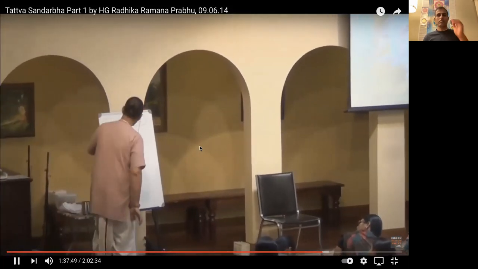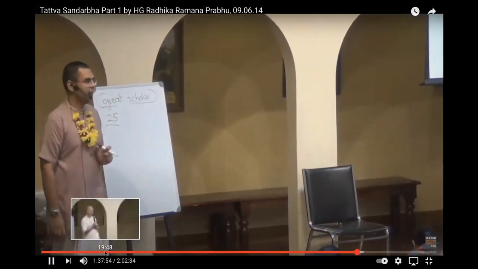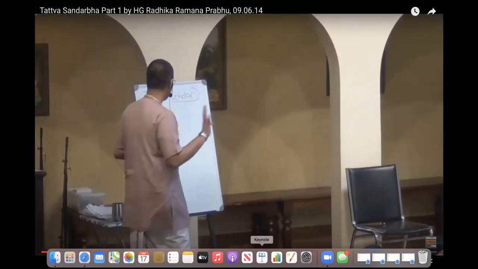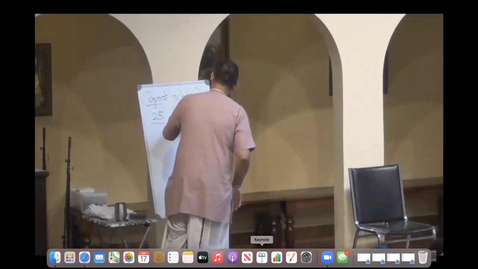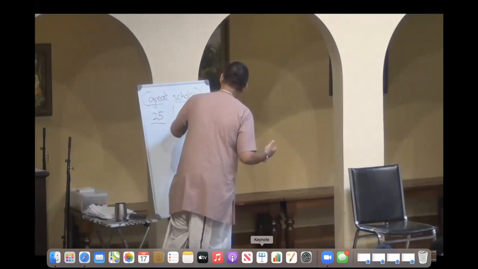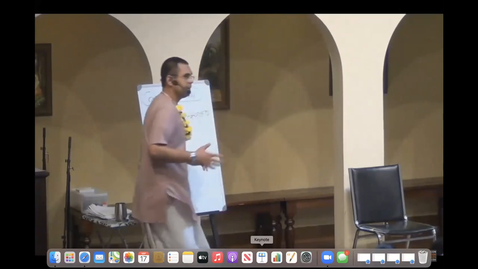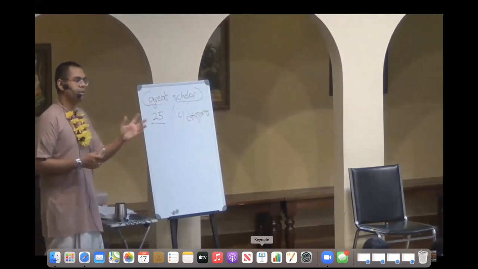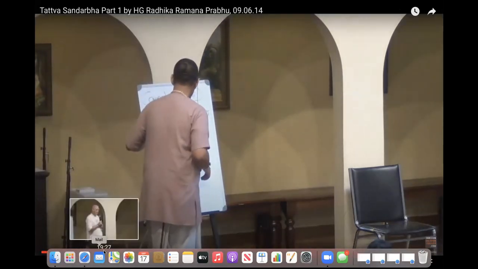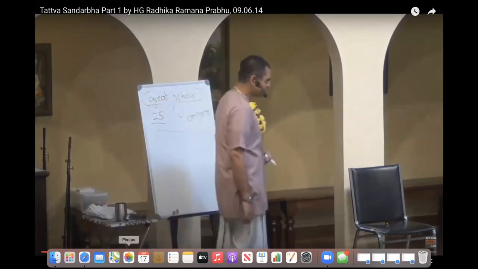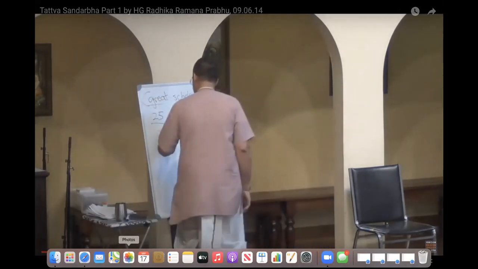Jiva Goswami wrote a total of at least 25 different works in 4 different categories. Okay, four categories. Well, theoretically we can divide them in categories. He didn't make categories, but there are 4 different types of literature that he wrote. The categories are as follows. First is commentaries